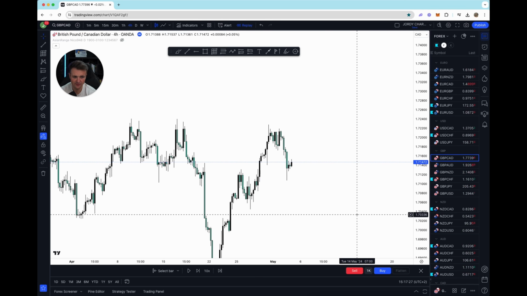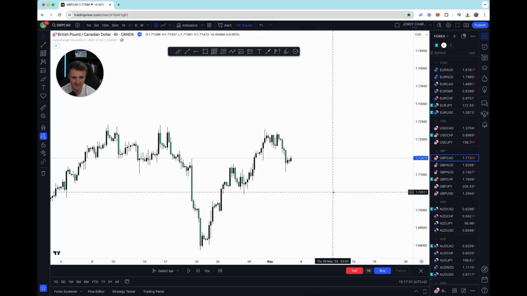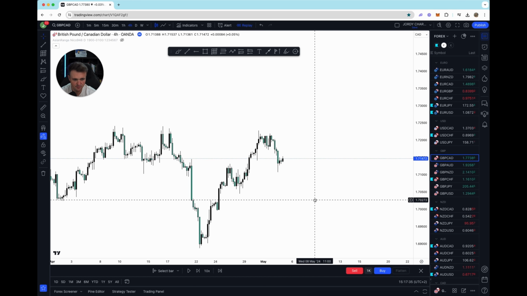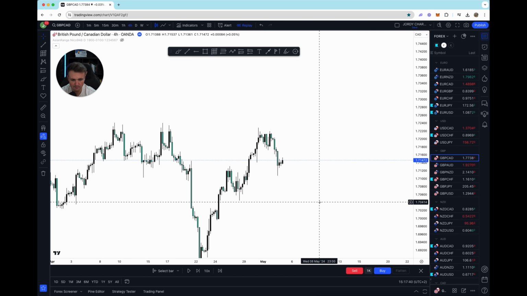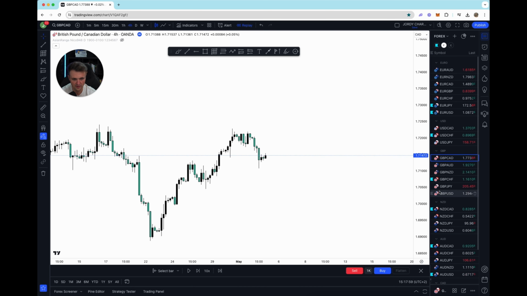So if we dive into the charts, I'm going to use an example that I already traded, pound against the Canadian dollar. It's a setup from May this year. So I'm going to explain it to you because it's just a very nice example. But of course, go and backtest it for yourself and see in the live markets how this can work for you.